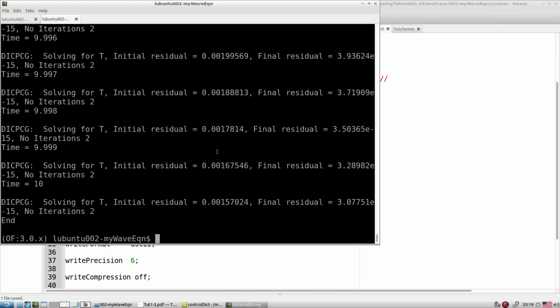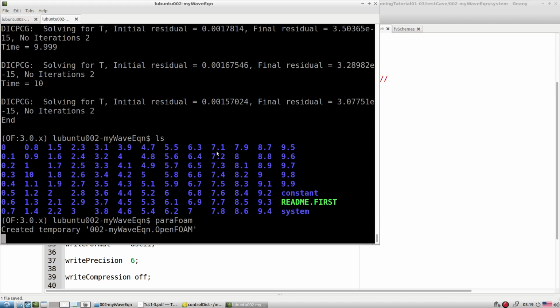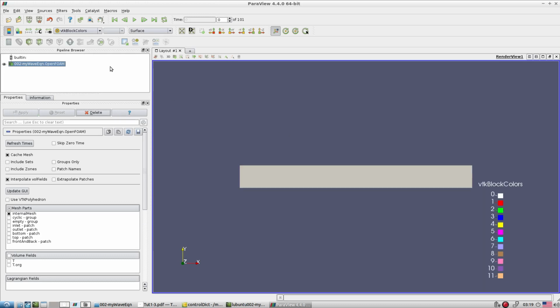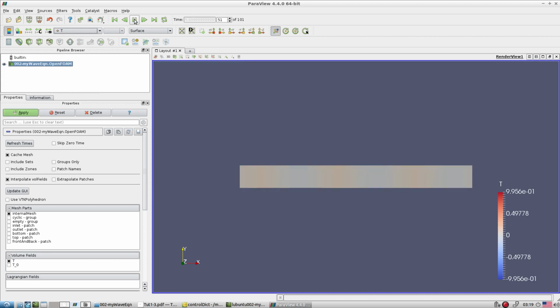Now let's look at ParaView again. So this is our domain. The wave is traveling, so whatever is going out tries to enter from here.